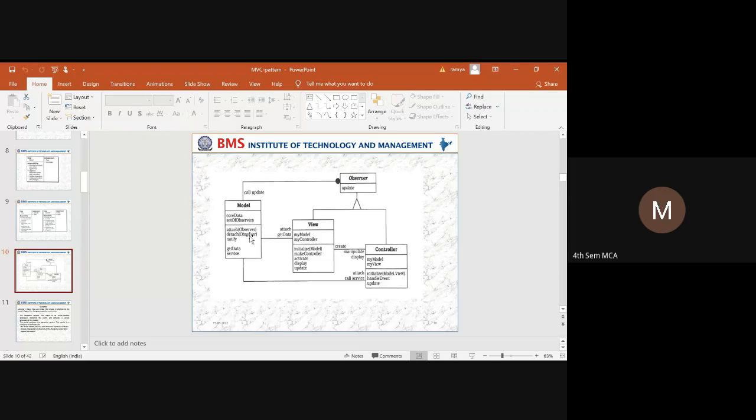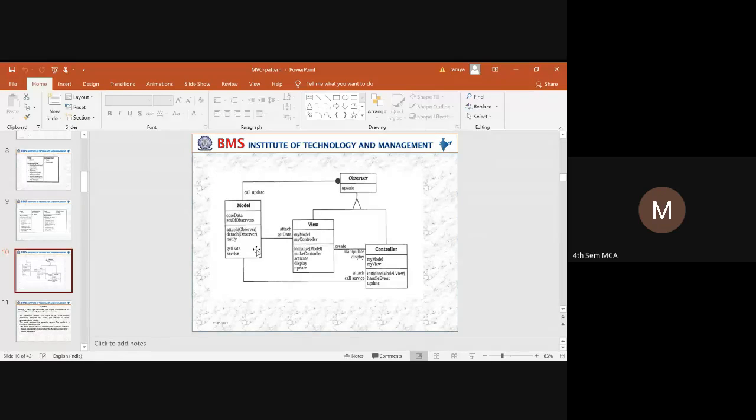The attach and detach methods have the observer as a parameter. So what happens when any update is needed to the core data? The observer will notify the model. Later, this model is going to notify the view to make all the changes. So that will be done through the observer.